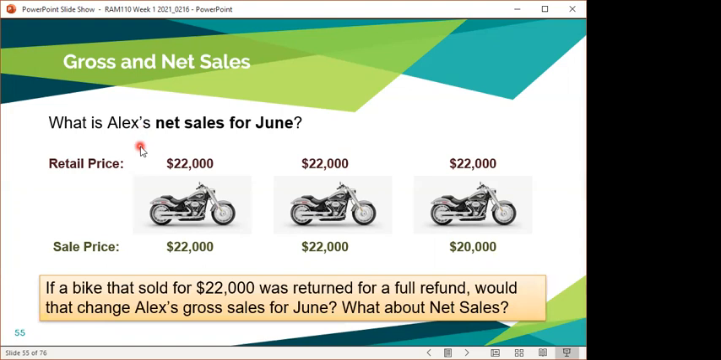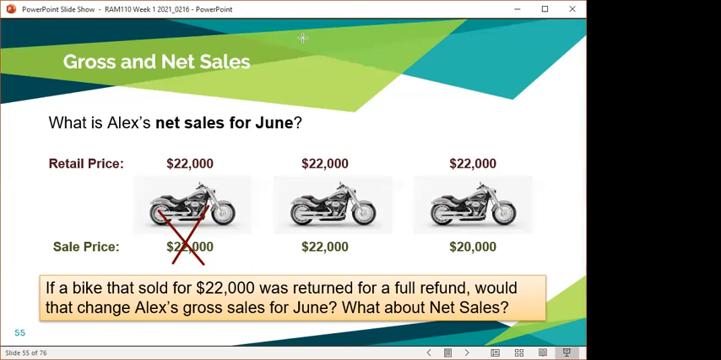So if a bike sold for $22,000, one of his bikes was returned for a full refund. So $22,000 had to go back to the buyer in a full refund. What were the net sales for June? Well, the net sales changed, right? Money in the door went out the door. So you have to get rid of one of the bikes that sold for $22,000. So the net sales would be,